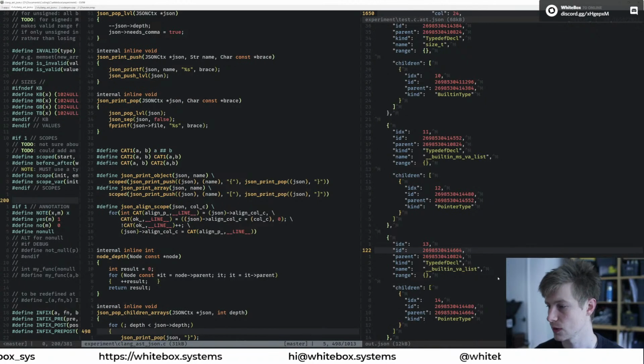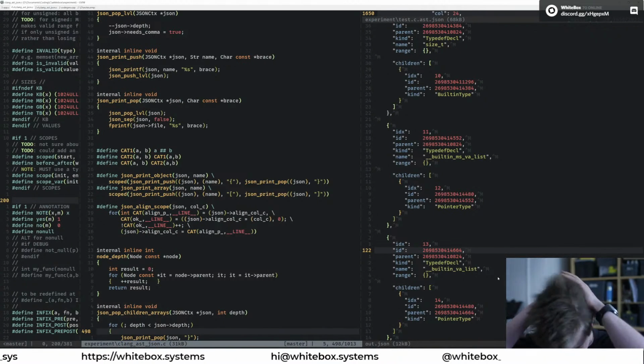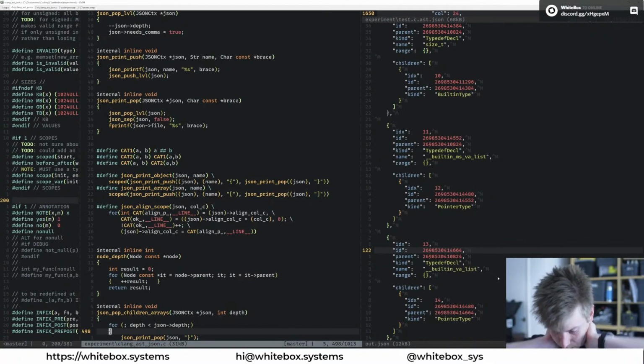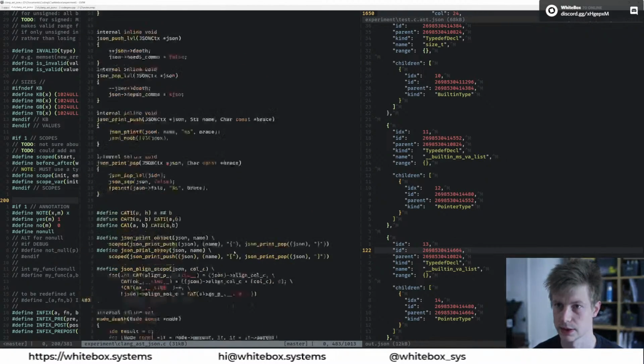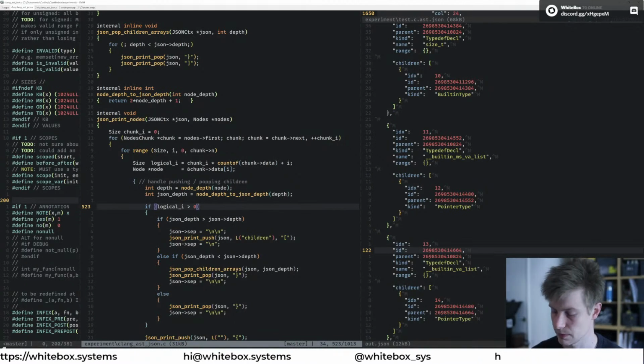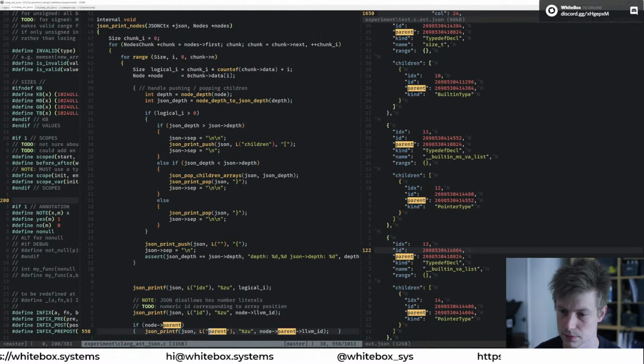All right. So if I'm going to dump this to file, I think one thing that I need to change is these IDs should actually be, when I'm referencing parent,